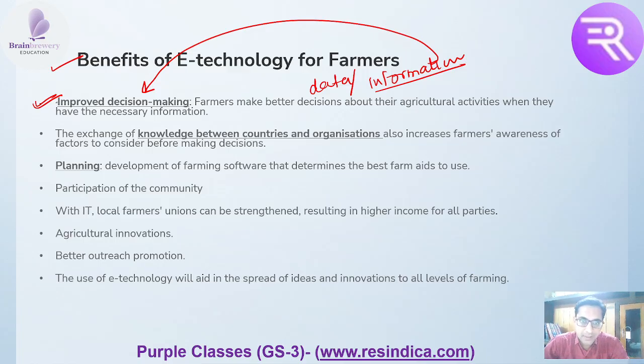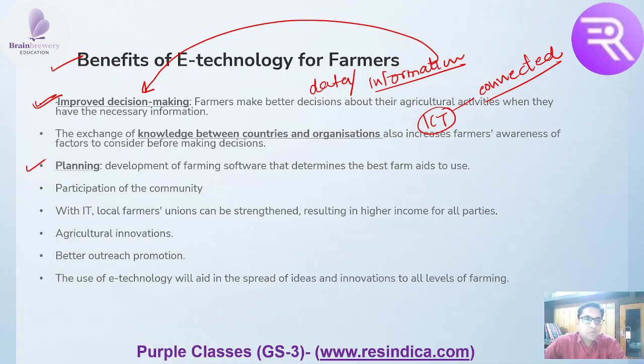Okay, we can also get knowledge exchange from other countries, because since we will be connected by the ICT tools, information communication technology tools, we can get connected throughout the world. We can take help, get research, and take knowledge from people in other countries. Before taking any decision, we will be able to connect with the people, so that whatever decision we take should work to the best of our knowledge, right?